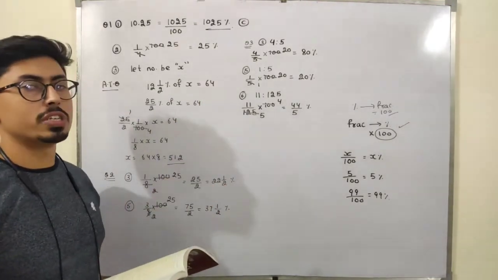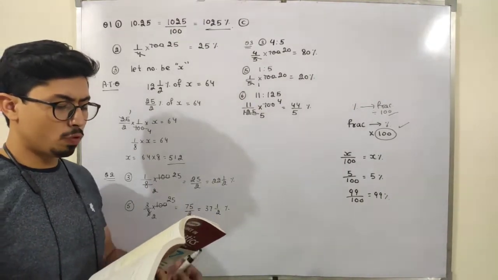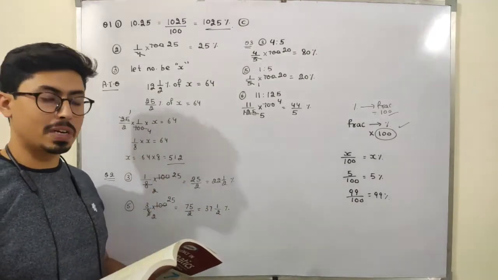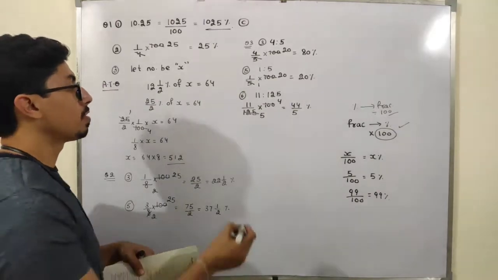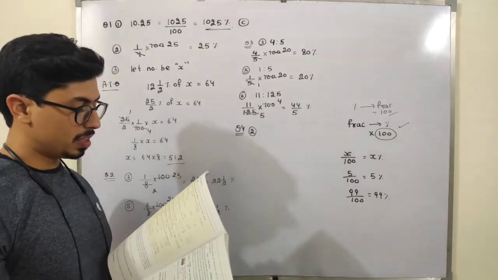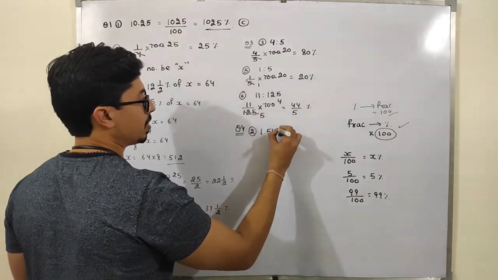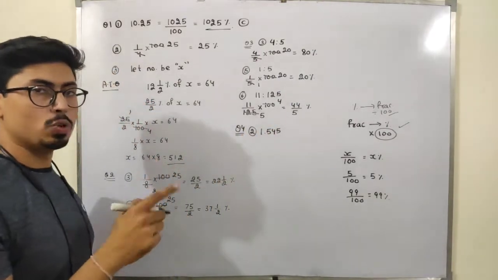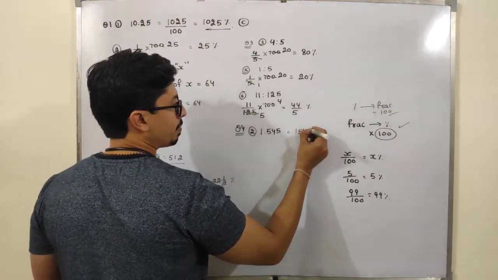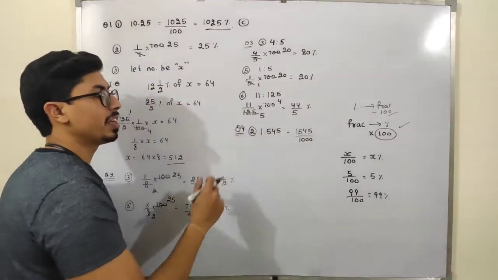So just do the remaining parts of question number 3 yourself. Now just see question number 4. Now we have decimal values, and I have to convert them into percentages. See, if I take the part number 2nd of question 4, the question is 1.545. Now to convert this into a percentage, I can write this as 1545 upon 1000, because after the decimal there are 3 digits.